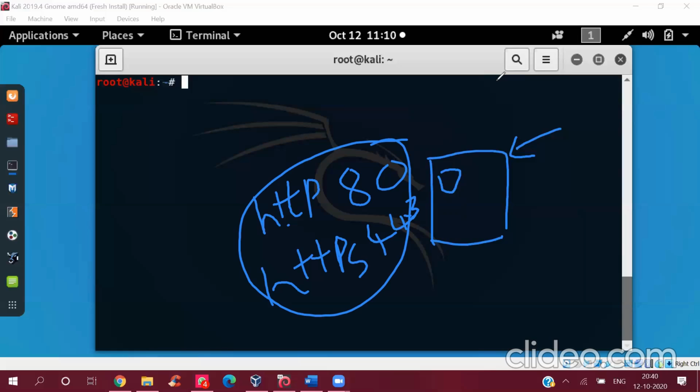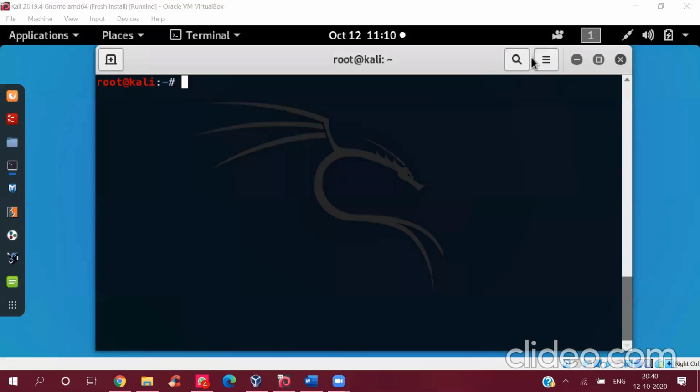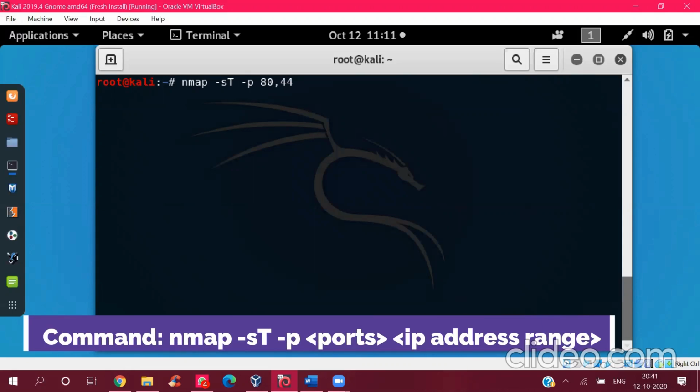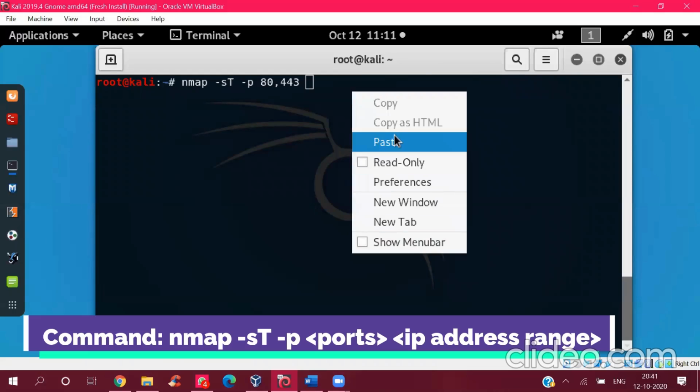With Nmap, we can find that information super fast. So let's type nmap hyphen sT, where small s and capital T, which I'll explain in a moment. Let's say I'm looking for servers using ports 80 and 443. So I'll do a dash p 80,443, and then I'll paste in my IP address.